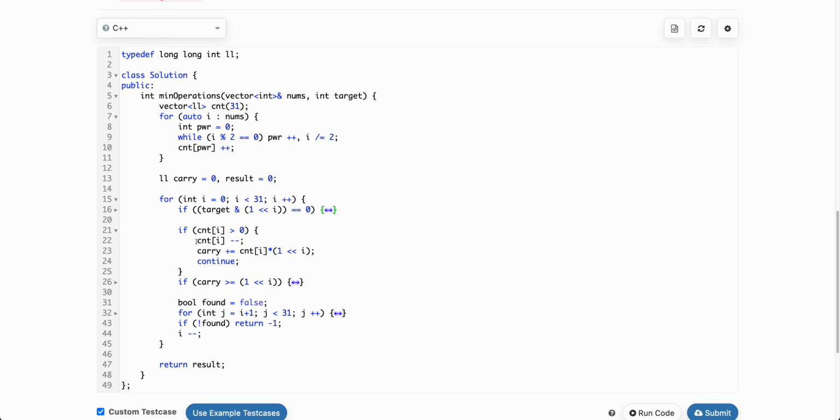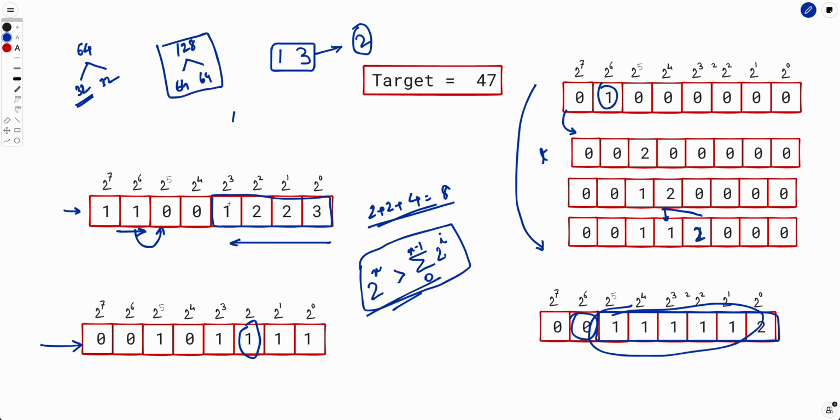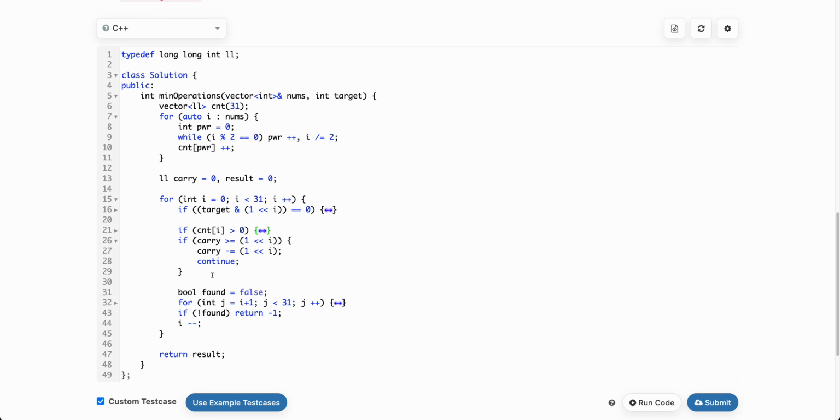If it is greater than 0, I will simply subtract the count, and the remaining thing will be moved to the carry. If it is not greater than 0, it means it is 0 itself. You want 1, but let's say it is 0 itself. So what we have said, we will just check if carry is sufficient to satisfy this need. If it is, I will subtract that. Otherwise,